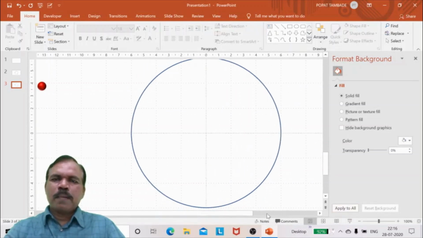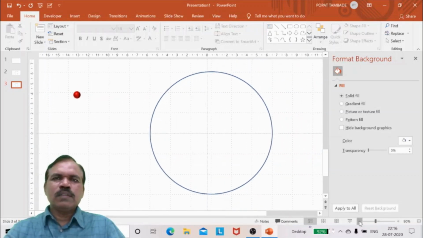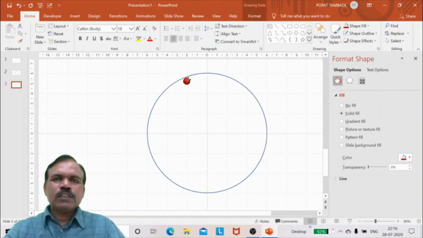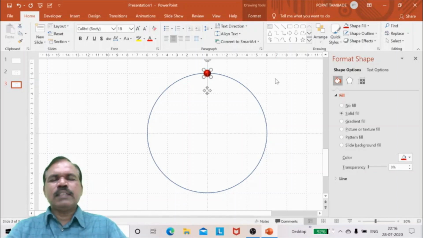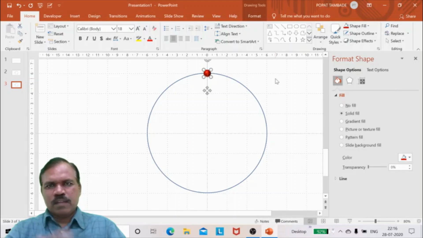Now here I will zoom out, I can place this sphere exactly here. So adjust properly. So I have adjusted properly. Now I have to move it around this.